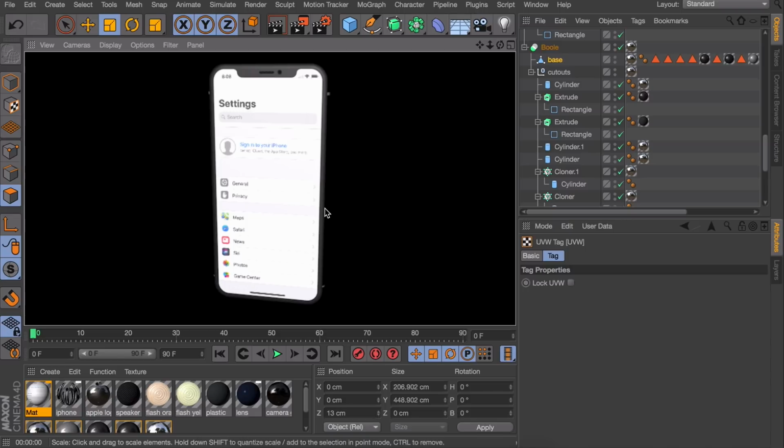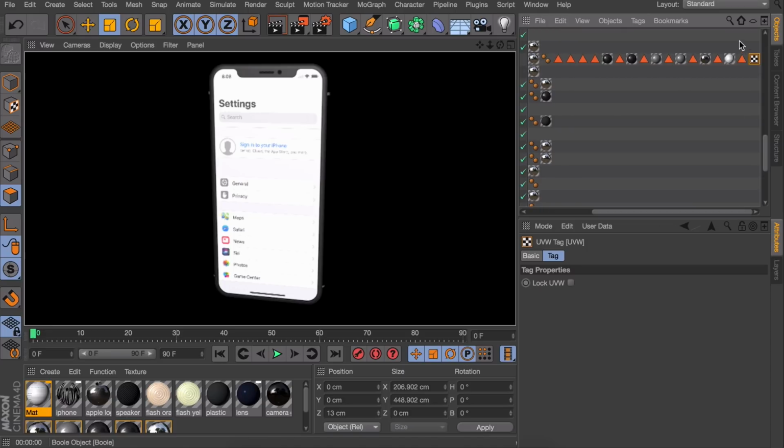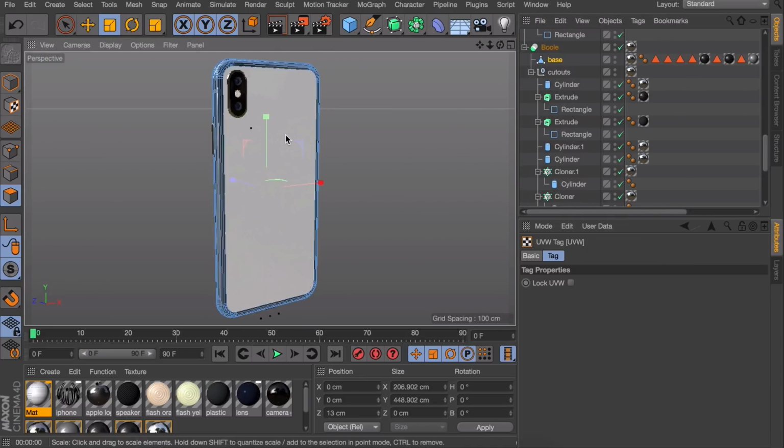If you make adjustments to the geometry, so making cuts on the edges or something, you will notice it will mess up the texture, but you will just need to repeat and delete that UVW tag we made now and create a new one under the tags menu. Okay, so that is it for the materials now. So let's move on to the